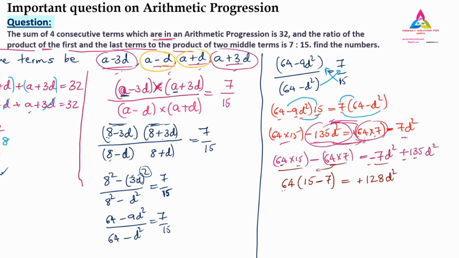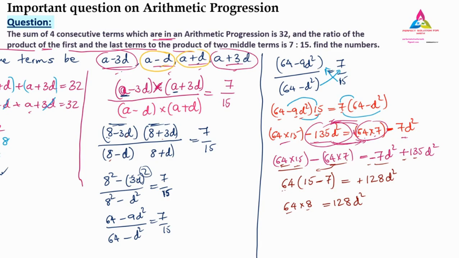So the trick it was, a small trick and a good one. See here, 64 write down as it is. 15 minus 7, you know that easy calculation, that is nothing but 8. 15 minus 7 is 8, which equals 128d square. So here you can see, if you had multiplied 64 into 15, then 64 into 7, and then subtracted both values, you would have to do the calculation three times. But here you directly got the final answer, 64 into 8. That was the smallest trick, but again, don't multiply that 64 into 8.